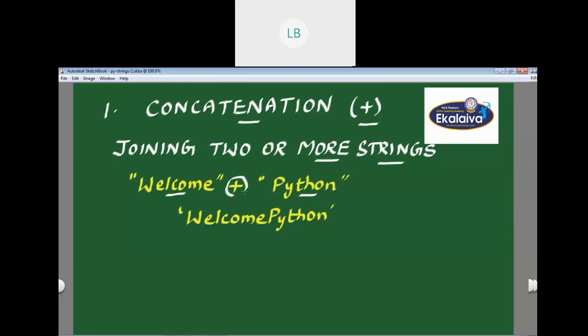These two strings can be combined using the plus operator. Two strings will be concatenated and the output will be welcome Python as a single string. So this operator is used to concatenate strings.